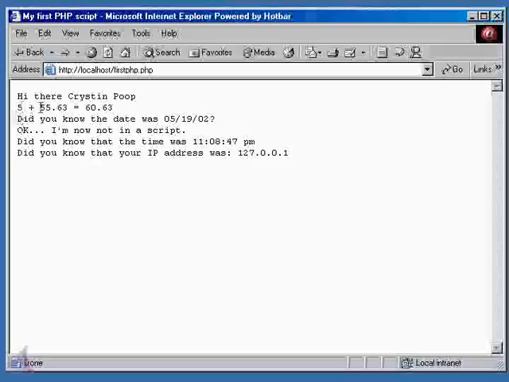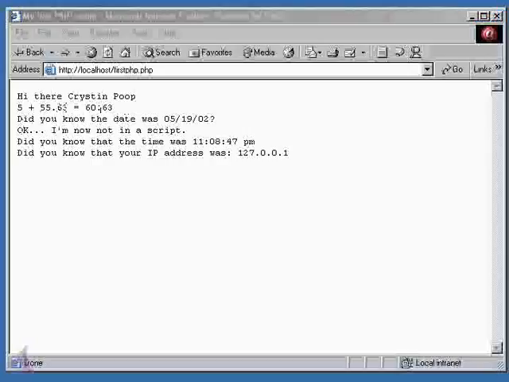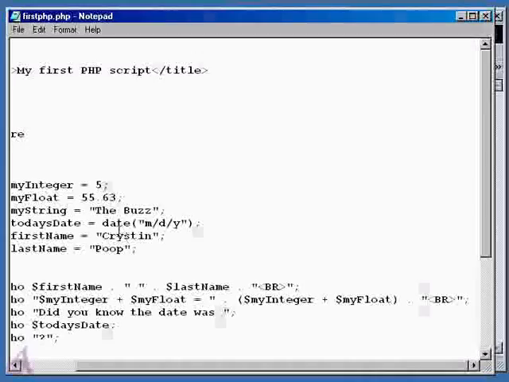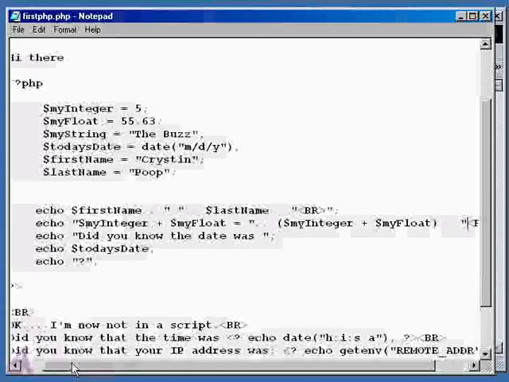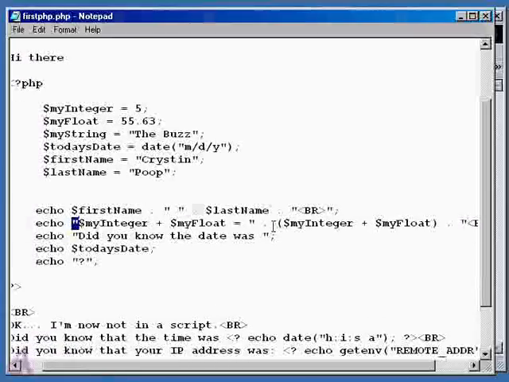So now we have 5 plus 55.63 equals 60.63. Oh, sweet. Okay. So let's go ahead and look at the code again real fast. Go ahead and pull this back up. And real fast, let's see what I did. First of all, I came in here and I said echo out, inside of quotes,